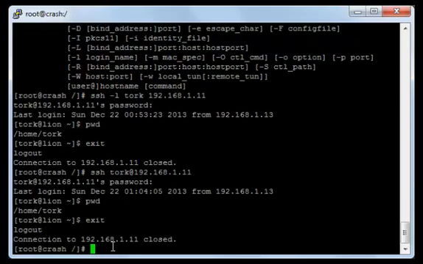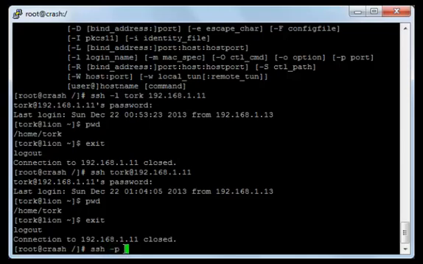I'll exit again. Now of course all of those login attempts that I have just did, they are on the default port, and the default port of the shell is 22. So if you want to access a server that has changed this port to any other port, then you will type ssh